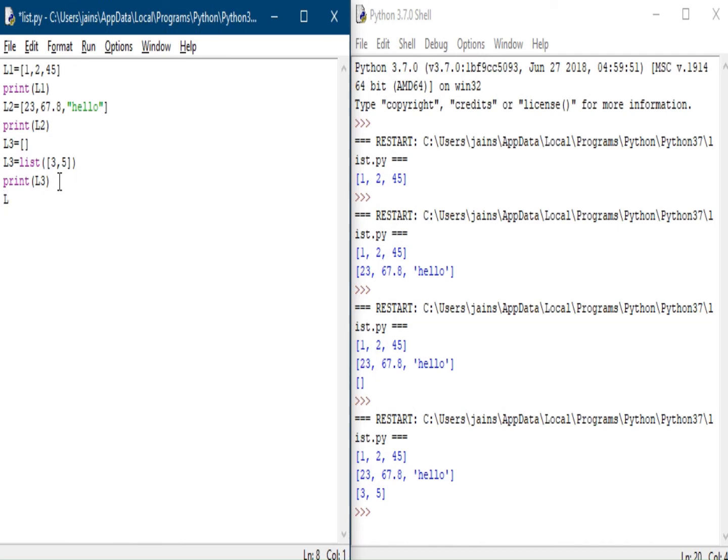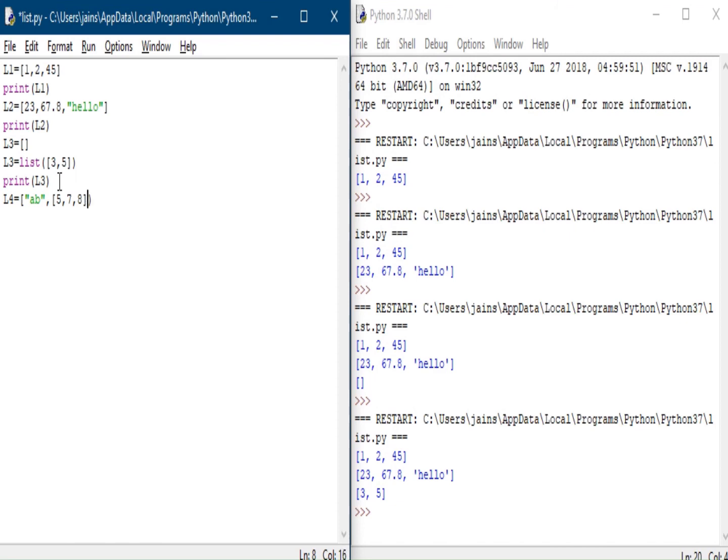Now the fourth list I am creating contains a nested list too. One element I am adding as AB, and the second element which I am adding is a nested list, which contains three elements 5, 7 and 8.